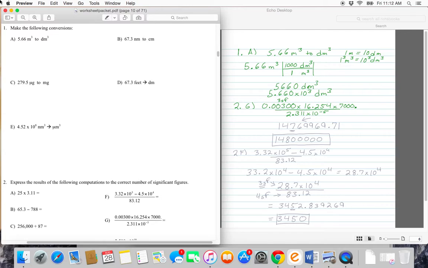Which means that since we are only dealing in multiplication and division, we don't have to separate these. We can compute this all at the same time. So going to our calculator, 0.00300 times 16.254 times 7,000 divided by 2.311 times 10 to the negative 5 will end up giving us a computed value of